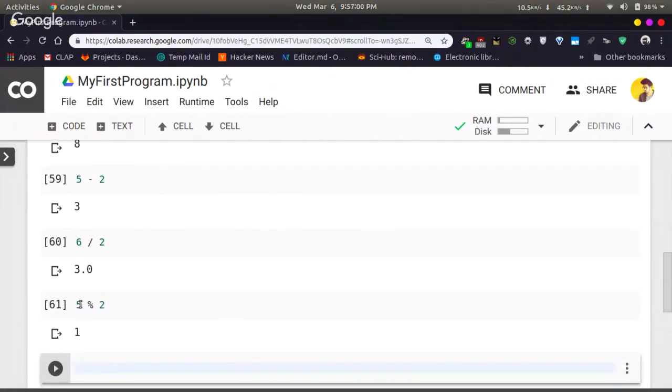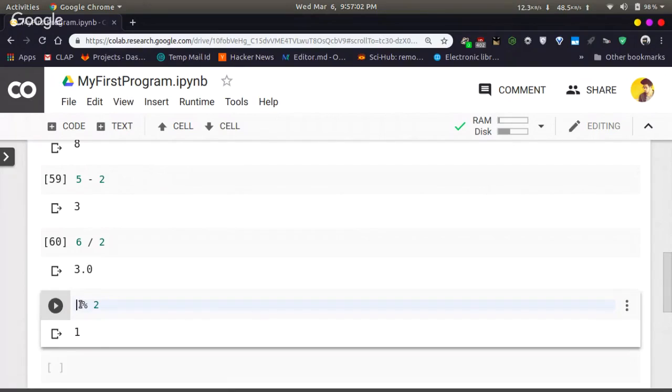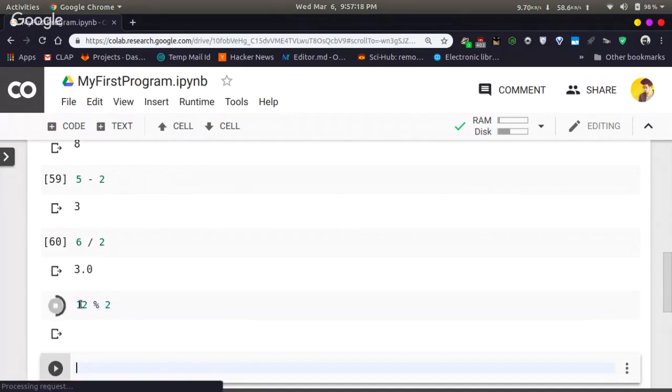This is what we will get. If you are typing 12 percentage 2, what is the remainder? 0. I hope all of you guys are coding along with me. That is why I am going slow. So 12 percentage 2 will give you the remainder 0.